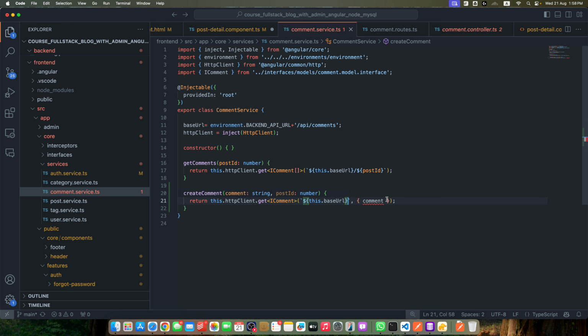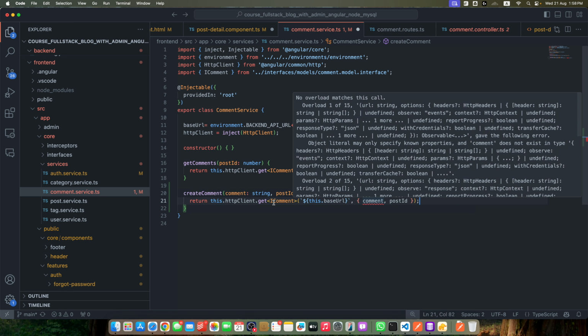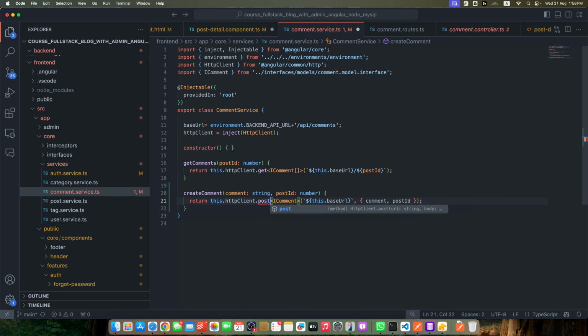Just remove it. We just have to pass the comment and post ID in this way. By the way, this should be the post method like this. Okay, great. Now it should work. But as create comment is depending on the user ID,